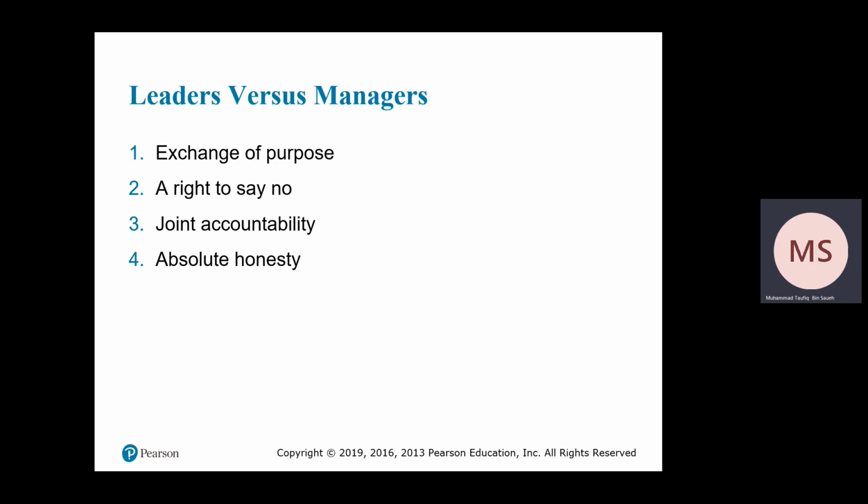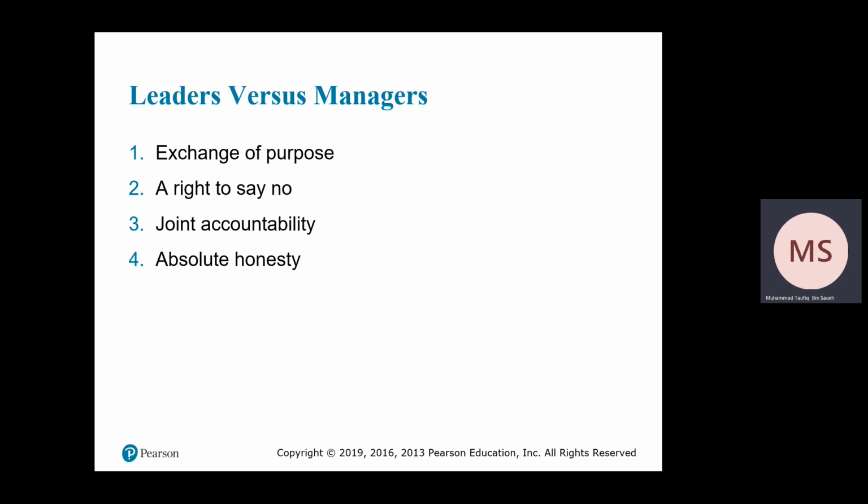you must be able to be honest with your staff. For example, if your top management wants to cut the budget, as a manager most of the time they will not tell their workers about it. Maybe they try to find something else, and they try to find excuses, anything to hide it. But as a leader, you should be honest with the staff.